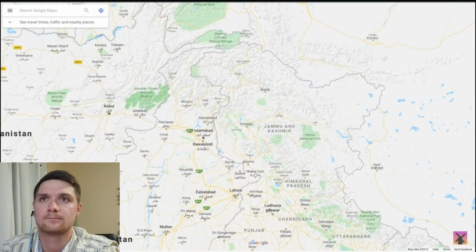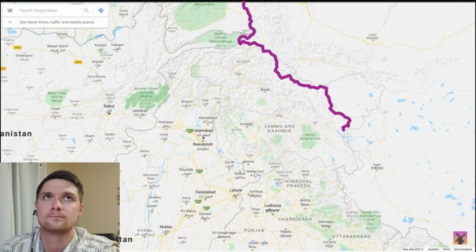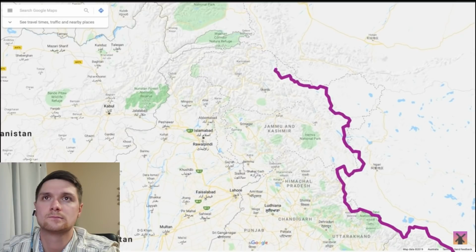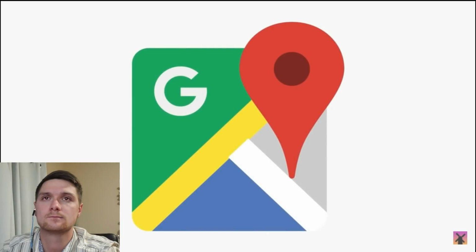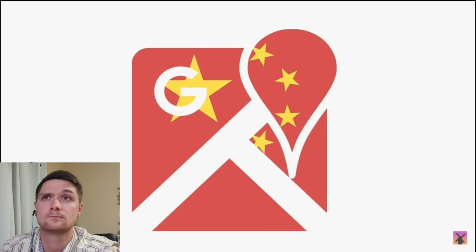While on a Chinese server, the reality is even different still. The Chinese claimed territory is clearly drawn to belong to China with solid borders, while India and Pakistan's claims on each other are still marked by dotted claim lines. The Chinese edition of Google Maps is probably the most different from the main version of Maps that the rest of the world sees. So they have to change the icon to make the Chinese happy.